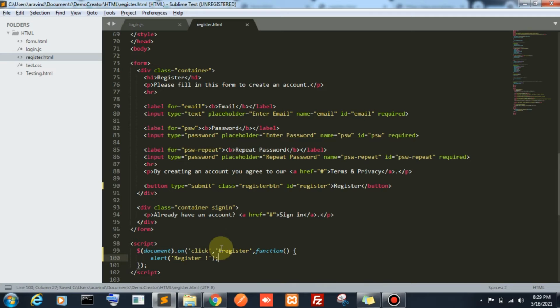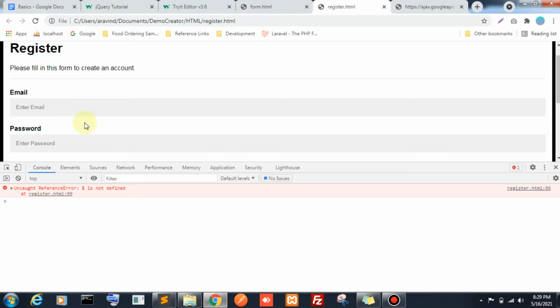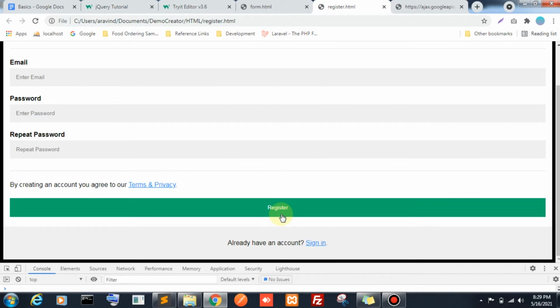So I used hash register. Whenever I click this ID, this alert will come in our website. The default alert is removed right now. I am hitting the register button. See, the register alert is coming.